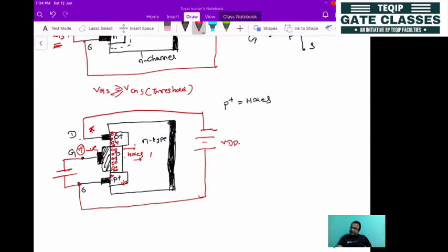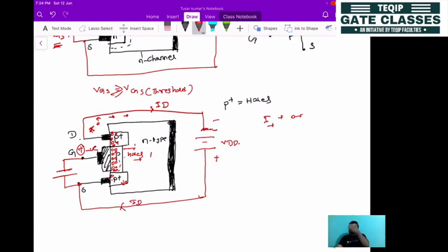So now look here. Here is the negative terminal. This is the positive terminal. Negative terminal means holes will be attracted in this direction. So holes will be attracted in this direction, which means the drain current will also flow in that direction, because current flows in the direction of hole movement. The hole moves from this direction, and current will also move in the same direction. So that's why the drain current will now be flowing from here. The drain current will be entering the source terminal, then it will pass through this path and it will be moving.